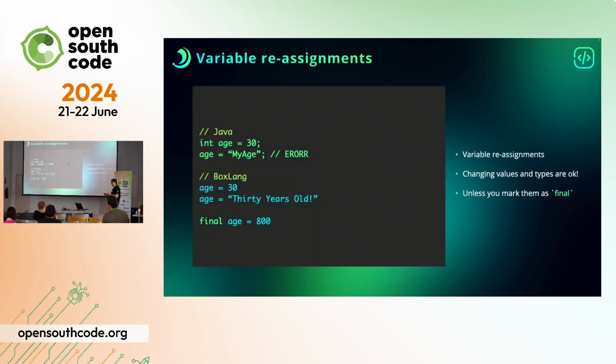We also have reassignments. This is something that, of course, Java does not allow, right? Once you define that Java type, you basically are stuck with that type. For us, it doesn't really matter, right? You can start with a numeric and then change it to a string. Our tools also give you insight into this and say, hey, why are you doing this? Or do you really mean to do this, right? Which is something important. You can also mark things as final. So that means that you are basically saying this cannot change or cannot be reassigned. Okay? So little updates here to make your life easier when working with variables.